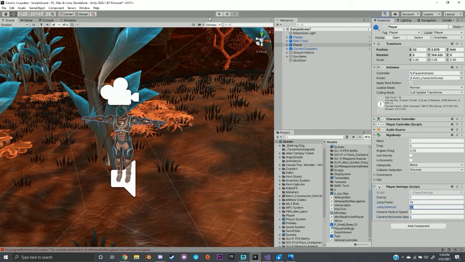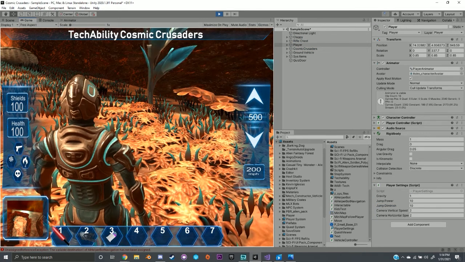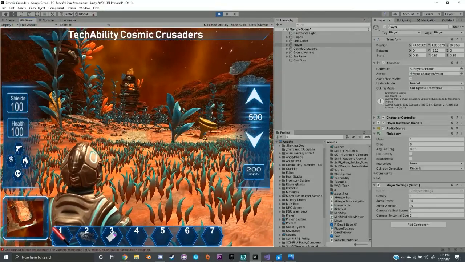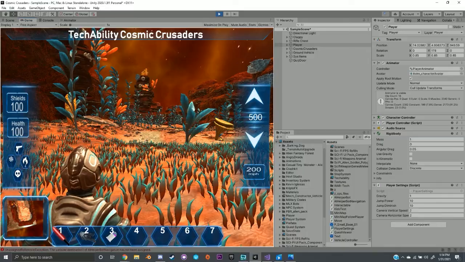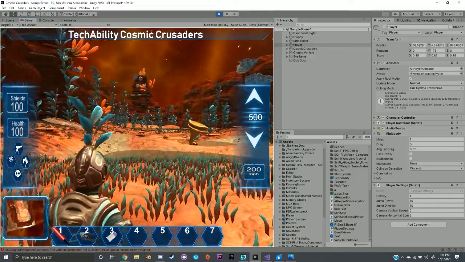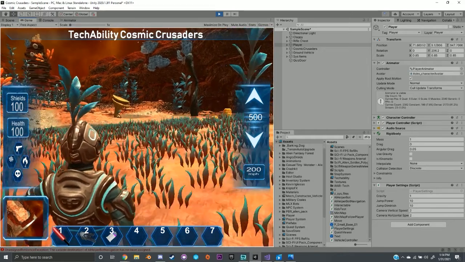But what we're going to go ahead and do next is, if you play your game and you are in the back area, I'll show you where that is. If you are on the mini map, you can see in the bottom left-hand corner there's a little map with a green dot. I'm the green dot moving around, and so are you. So if you are in this area over here on